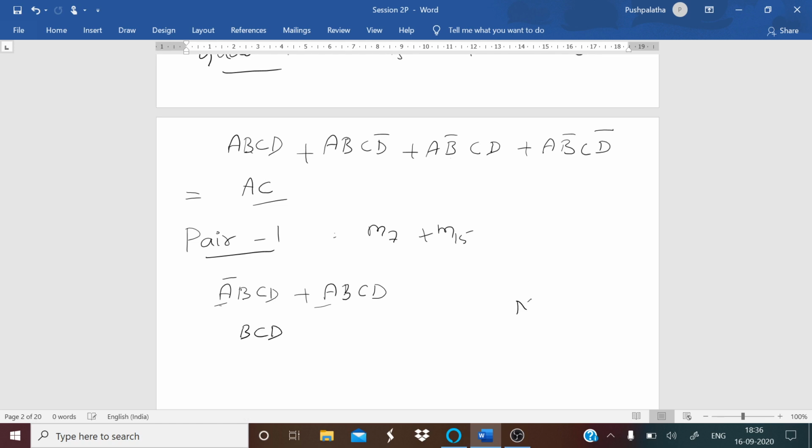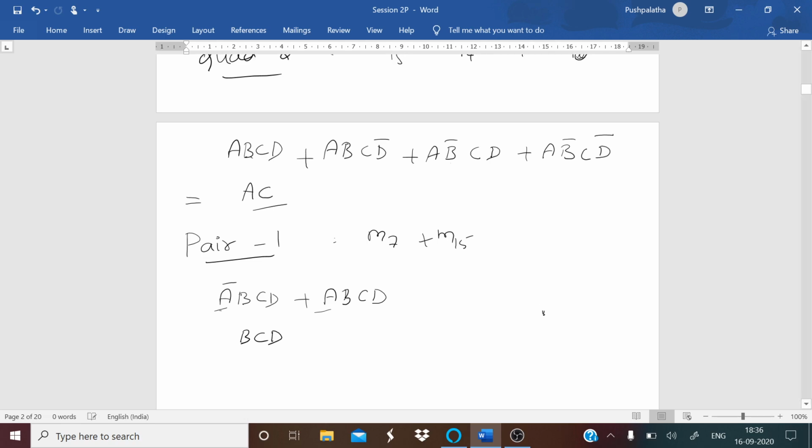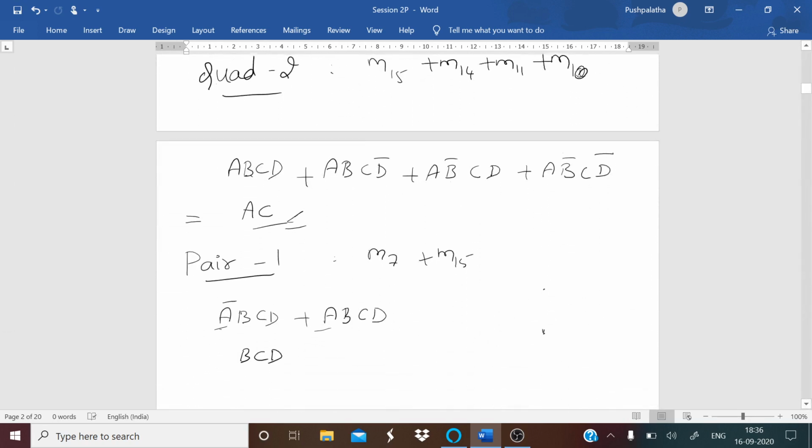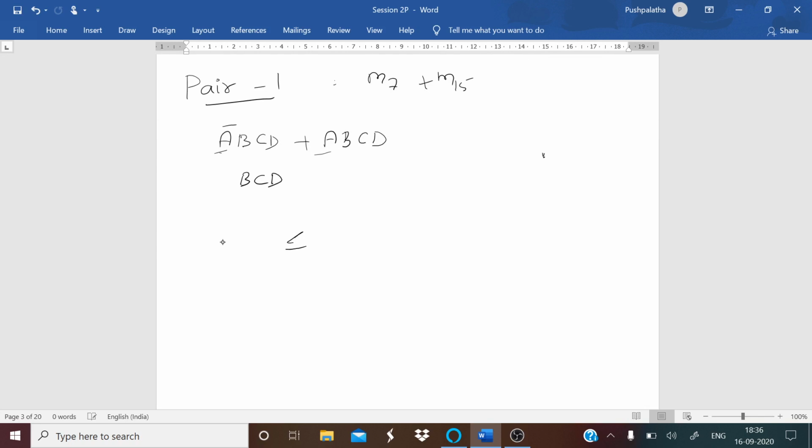And the min term that you have remaining, that doesn't have any link pair to pair, this is your A bar, B bar, C bar, D bar, right? So one is your A bar, B bar, C bar, D bar. So put together all these things for your final expression.